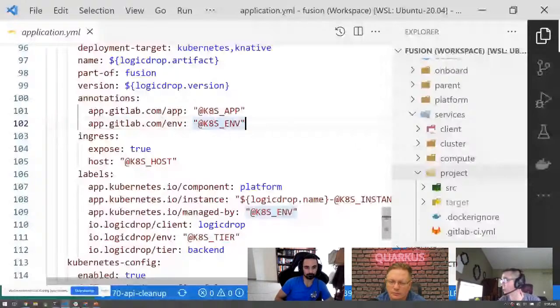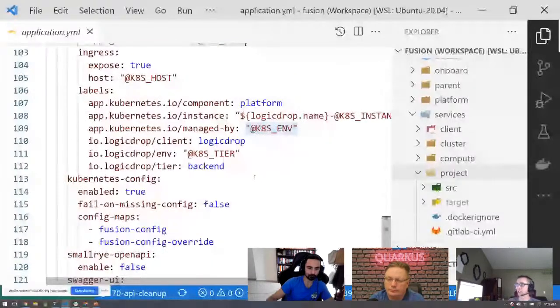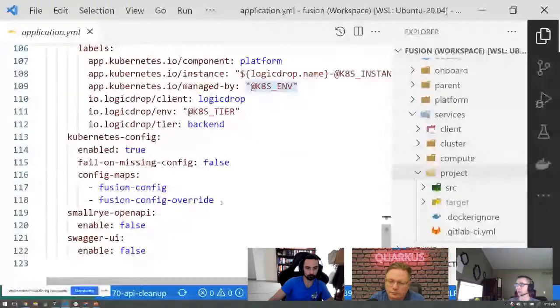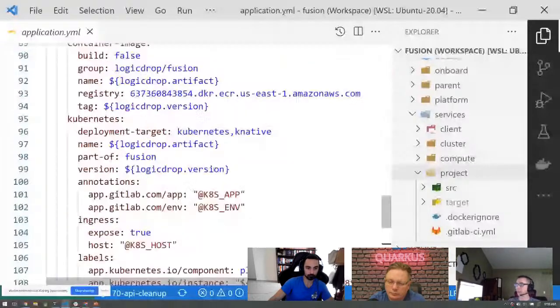So we even track the services within GitLab, and our developers through GitLab can actually pull up the logs or look at the service. We have a no AWS rule, and none of our developers have direct access to AWS. If they can't do it through GitLab, they don't get to it. So we don't expose that to all the developers. But this is pretty much your out of the box Kubernetes config, and then Kubernetes manifest.